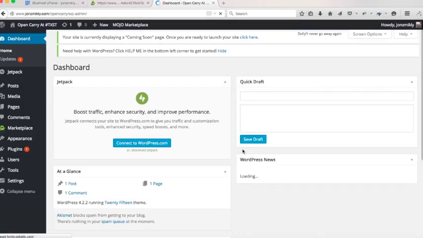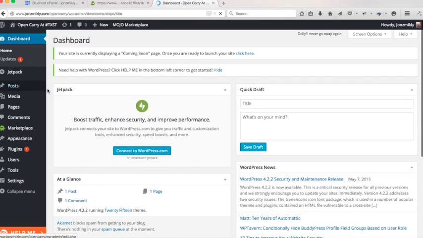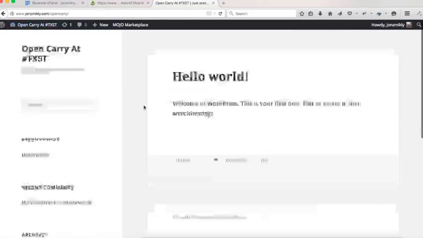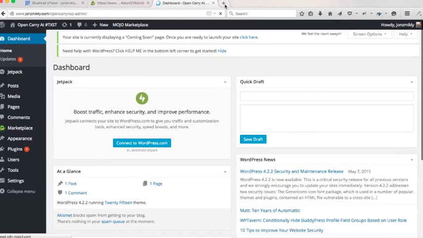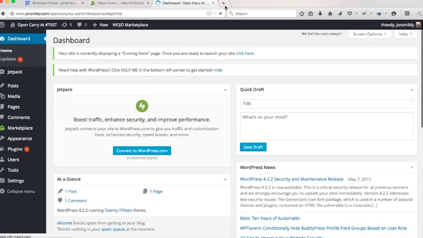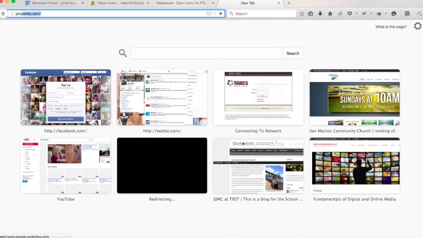To my dashboard, and now you'll see, wow, I've got basically a WordPress dashboard. Now from here, I'm going to go ahead and open up my website, and this is what it looks like. This is what it will look like. I'm going to go ahead and go to my dashboard in one window, and then I'm going to open up the actual website in another window, just so I can see any changes that I make